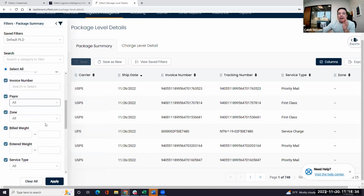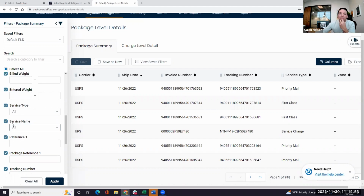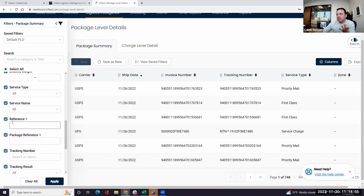I can also scroll down and look at billed weight or entered weight. I think it's really critical for shippers to understand how many shipments they're being dimmed out and which shipments are causing that. You're not going to really find that in fine detail and package level detail, really anywhere else. But it allows me to be able to come through, select what filters I want to select, and then I